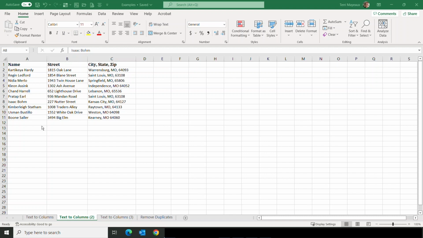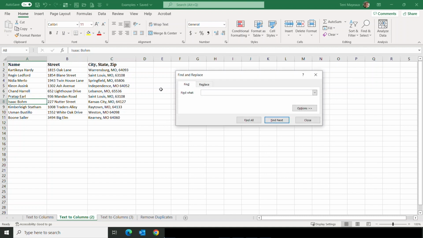I've reset our example to look like it did in the beginning, and we know that we need to fix St. Louis and Kansas City so that in some way Excel knows that those should be treated as just one entity, one idea, and to ignore the space in between those 2 words. So I'm just going to use Control F to find, and I want to find, first of all, St. Louis,